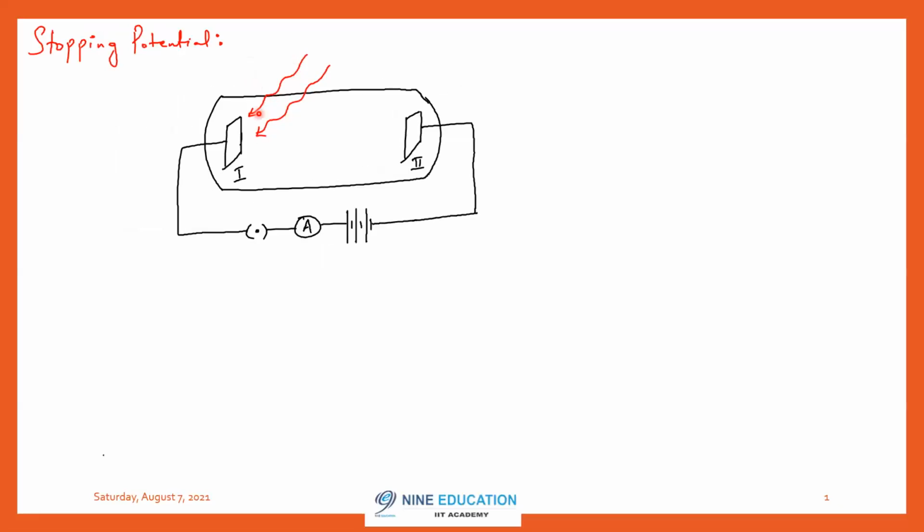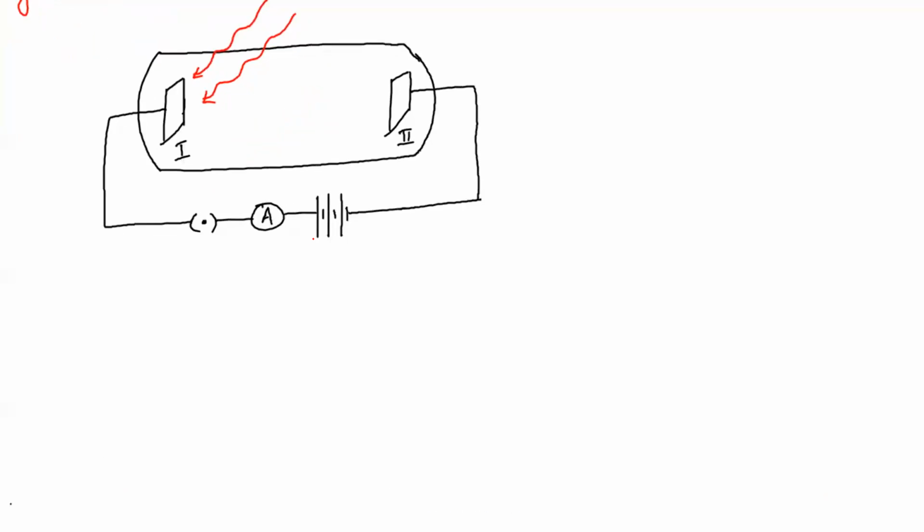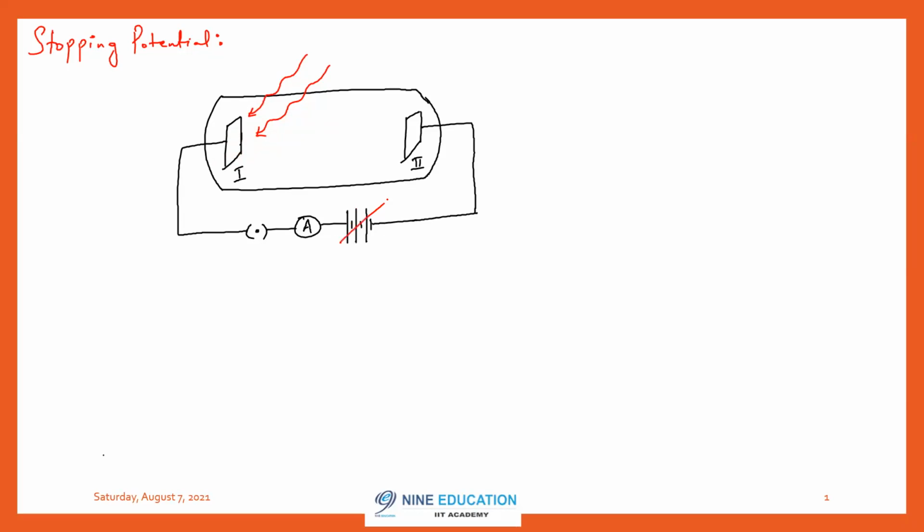Now, if the frequency of this radiation reaches a certain level, from then onwards, electrons will start coming out of metal 1, plate 1. So what do you mean by stopping potential? This potential can be varied, and stopping potential is the minimum potential